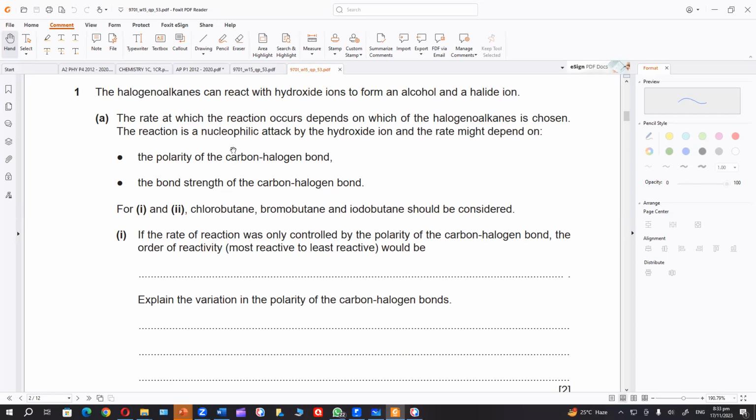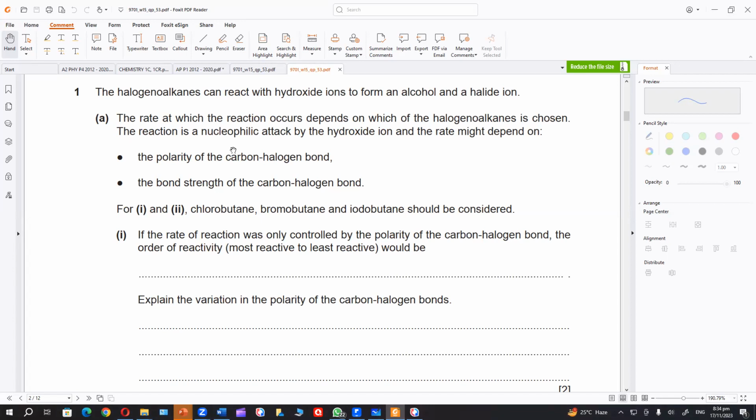For 1 and 2, chlorobutane, bromobutane, and iodobutane should be considered. If the rate of reaction was only controlled by the polarity of the carbon halogen bond, the order of reactivity, from most reactive to least reactive, would be what? The C-Cl bond, C-Br bond, and